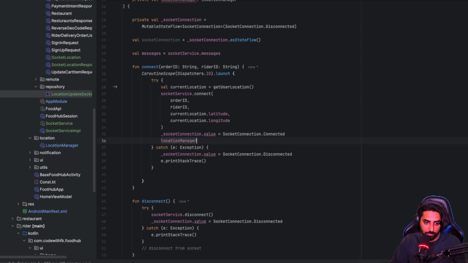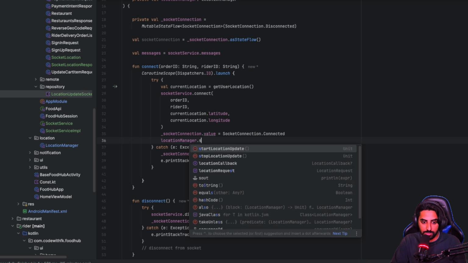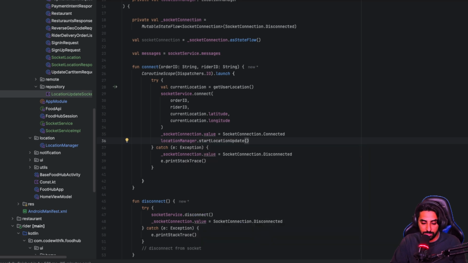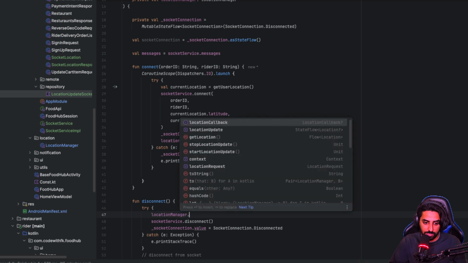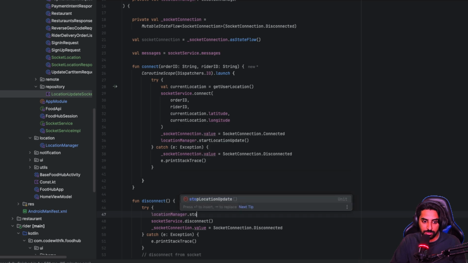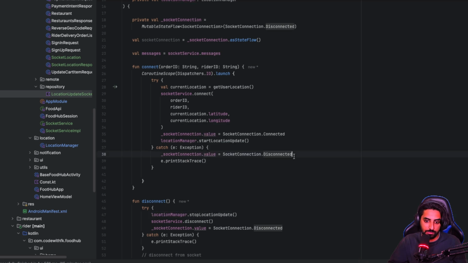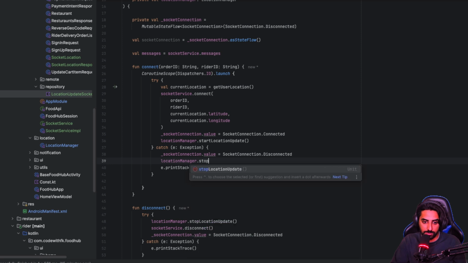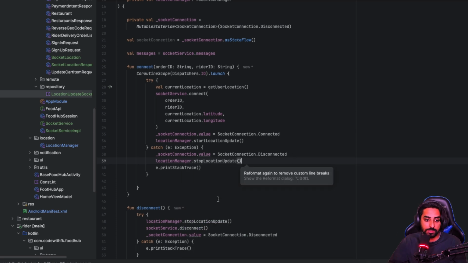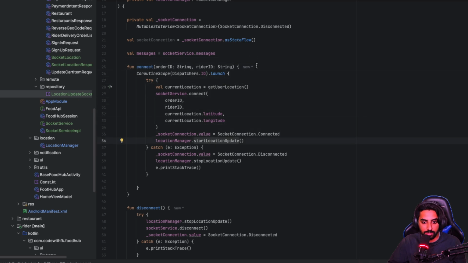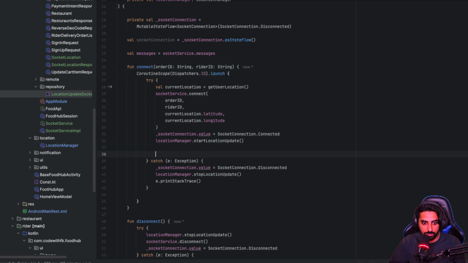What we need to do is that we'll be using location manager dot start location updates. That's one thing. And if it's disconnected, we'll make sure to stop location update. And let's just do it for this one as well. That's one thing. That's first thing. Second thing would be to make sure when we basically are connected and we start location update, let's just do something as